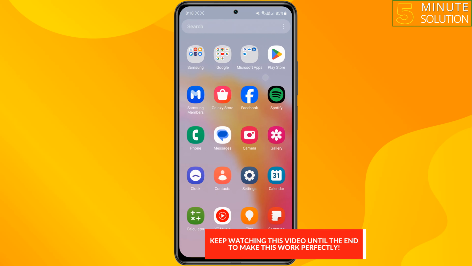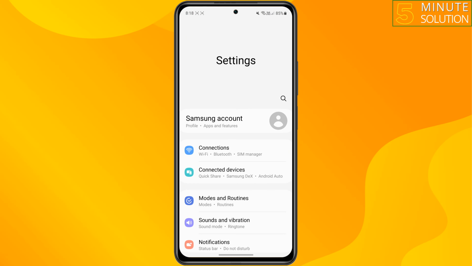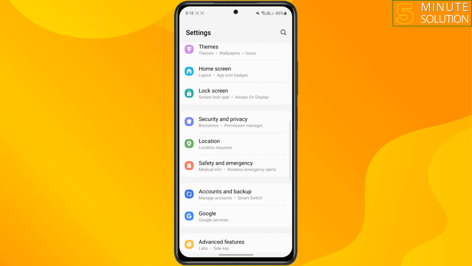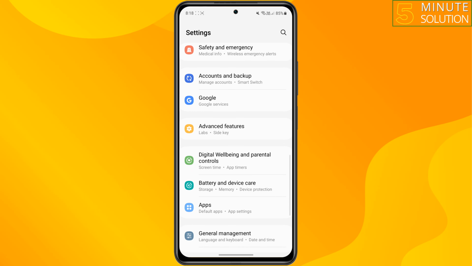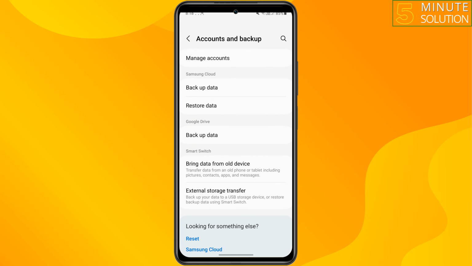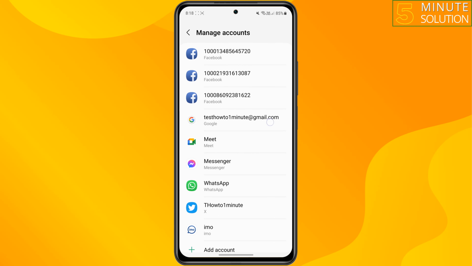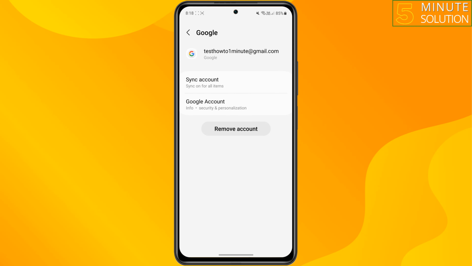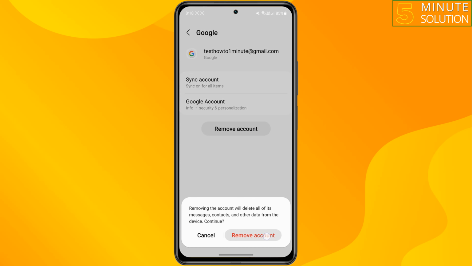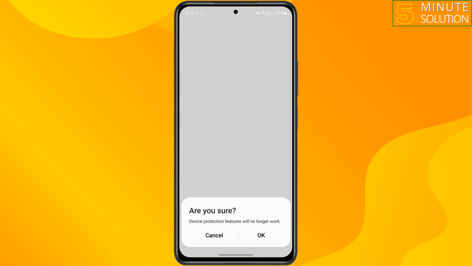First of all, go to your phone settings, scroll down, tap on Accounts and Backup, tap on Manage Accounts, tap on your Google account, tap on remove account, tap on OK,